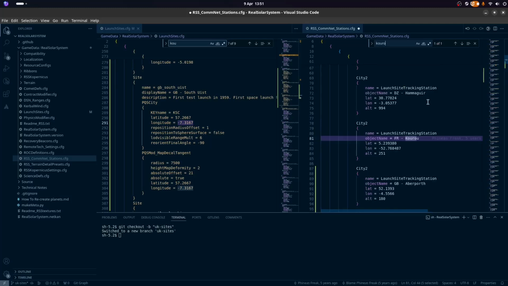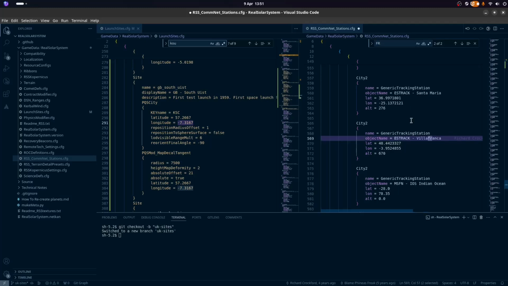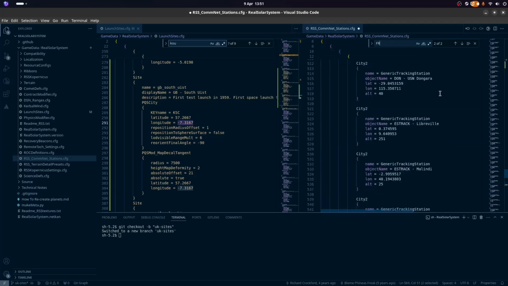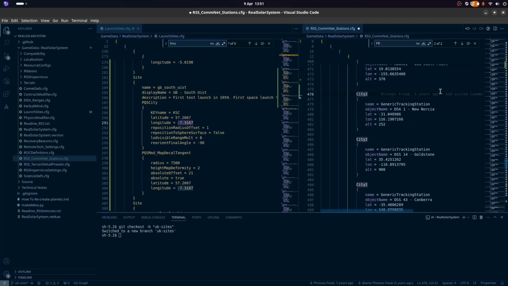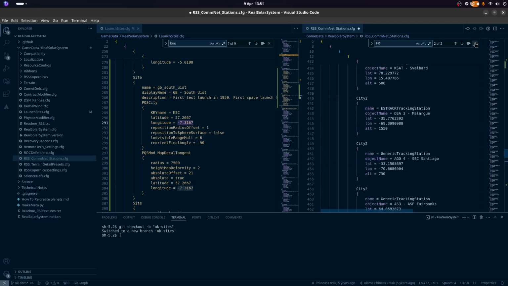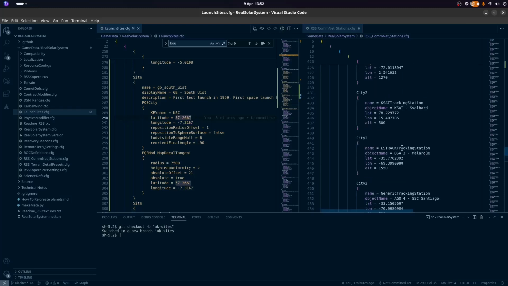Kurao. Right, is there not another larger tracking station? And it's not in Kurao, is it? It is... That's a good question. Anyway, the other thing I would like to add while I am here is a tracking station, Milagwe.